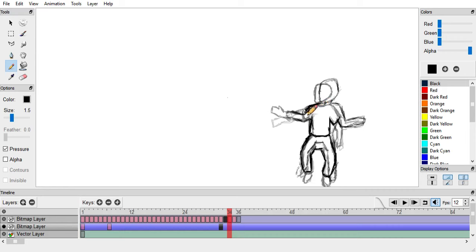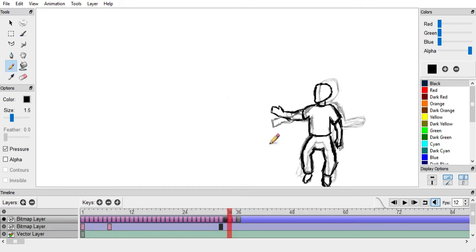Here's our original reference drawing. Let's just trace over the original reference drawing and see how far we've gotten from it. That looks kind of like an arm. This arm is getting skinnier and skinnier all the time. Oh no! I'm drawing on the wrong bitmap layer again. Oh well. Happens. That frame is going to look really funny.